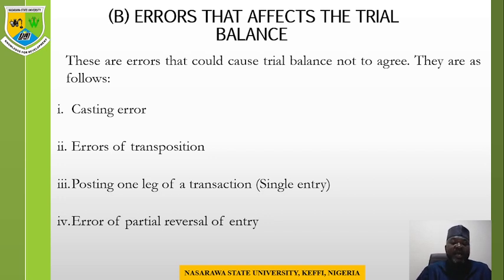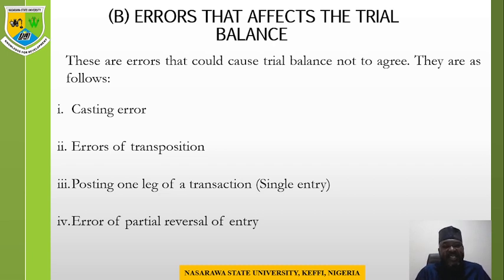Accounting is built upon the principle of double entry as propounded by Luca Pacioli, and it entails that for every debit entry, there must be a corresponding credit entry. Now, where you have a transaction and you record or post only one side of that transaction, automatically your trial balance will not balance because trial balance is built upon the principle of a double entry system. Then the fourth one is